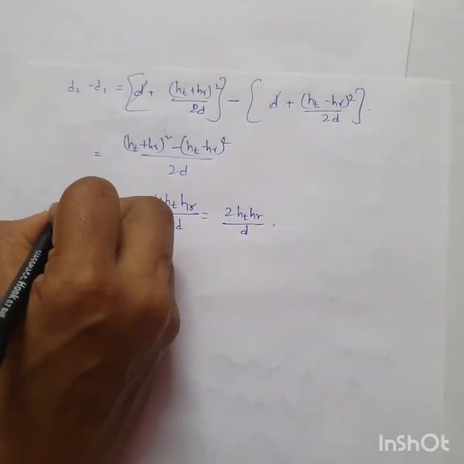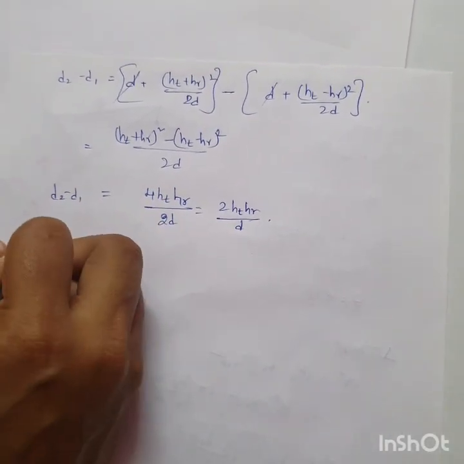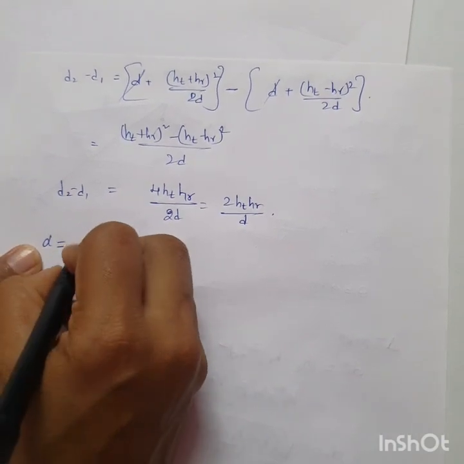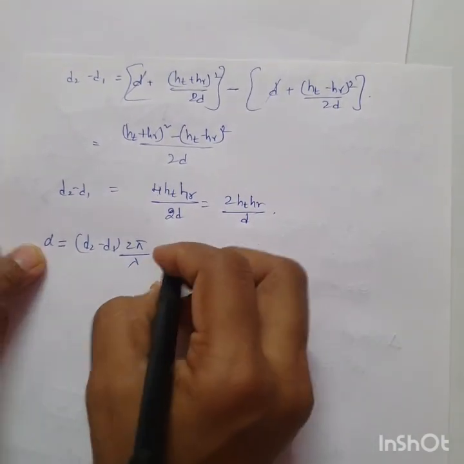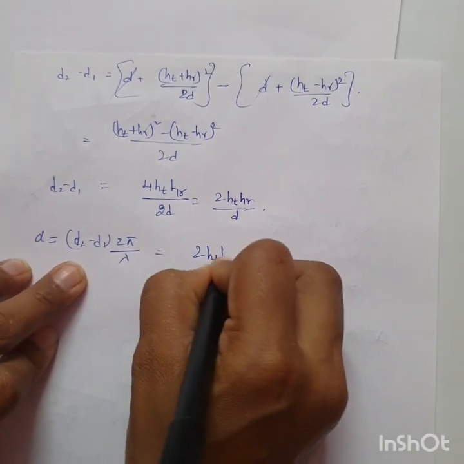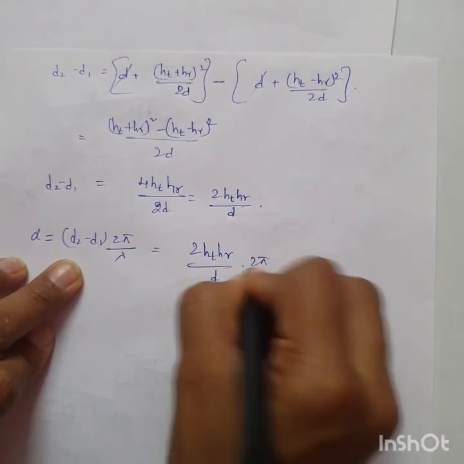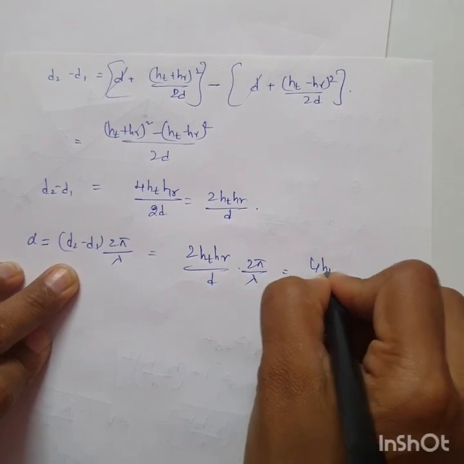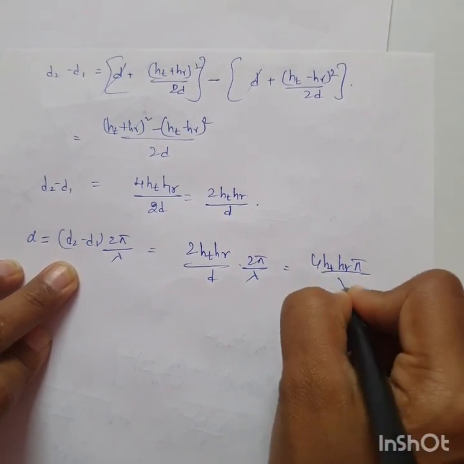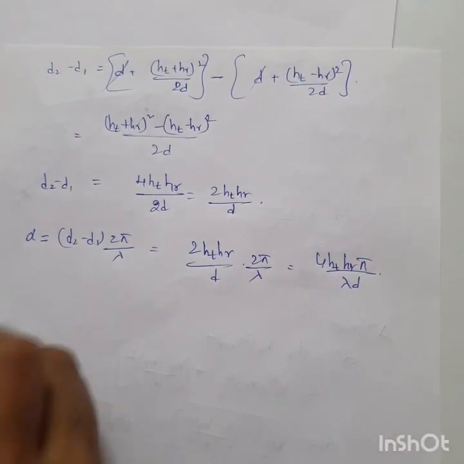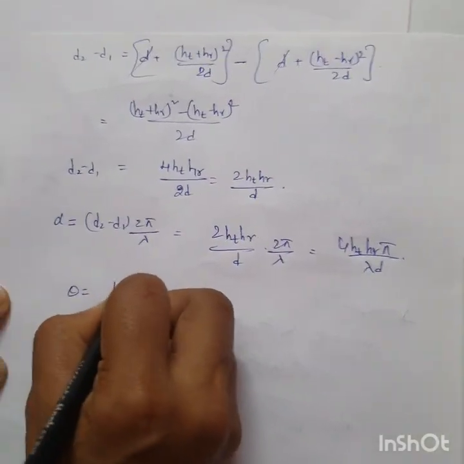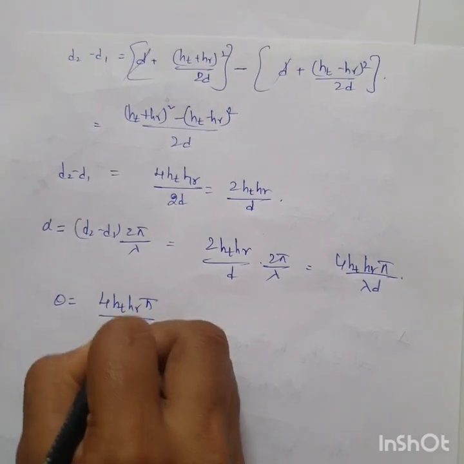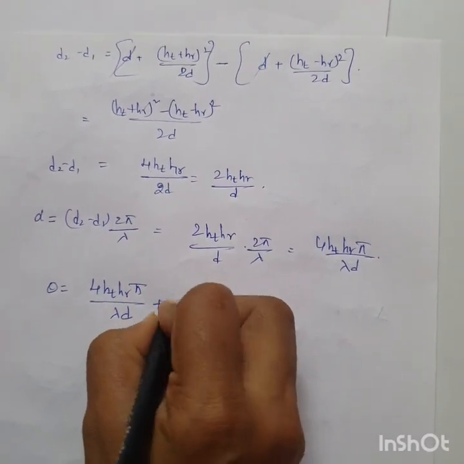Okay, if you know the path difference, then what is the phase difference? Alpha is equal to (d2 minus d1) into 2 pi by lambda, which is nothing but 2 ht hr by d into 2 pi by lambda, which is nothing but 4 pi ht hr by lambda d. Here, this is your path difference. Now the total phase difference is this 4 pi ht hr by lambda d plus beta, which is nothing but